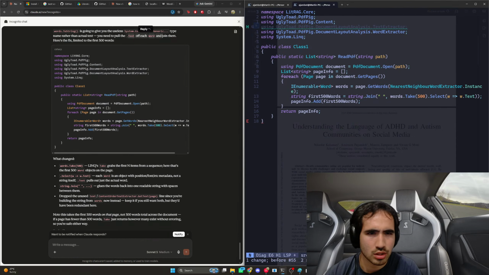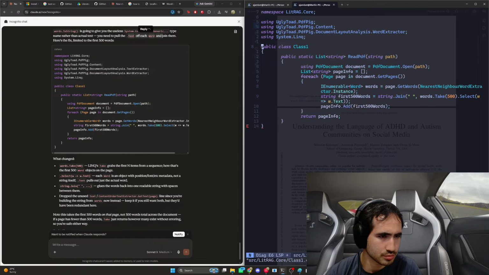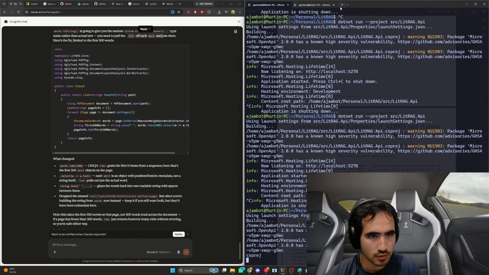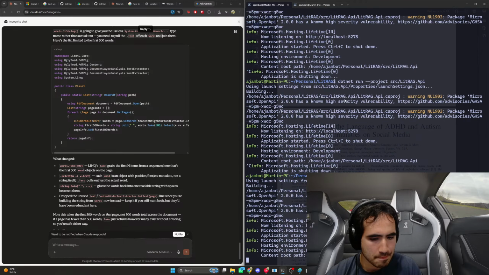We're not using text extractor, I think. Let's say this works. It just gets the first 500 words. There's gotta be a way to .NET run while also watching the files and compiling again, or am I thinking too JavaScript?